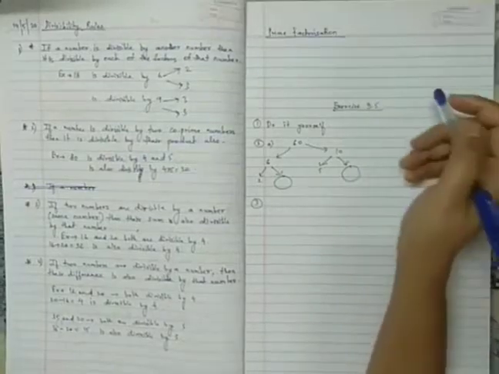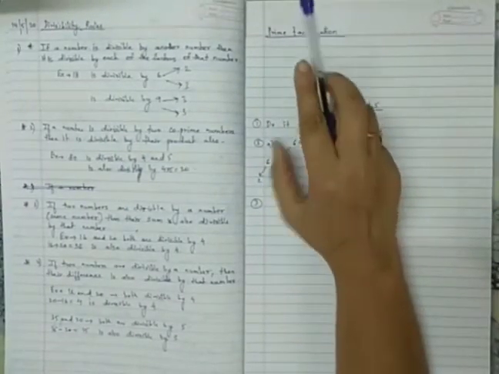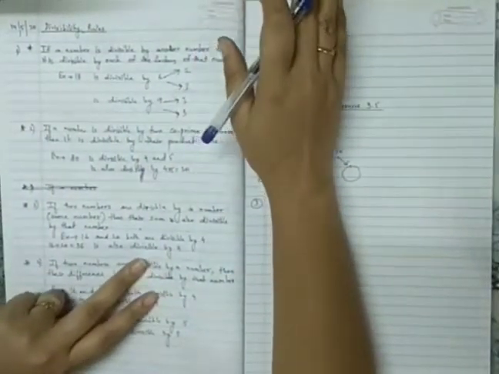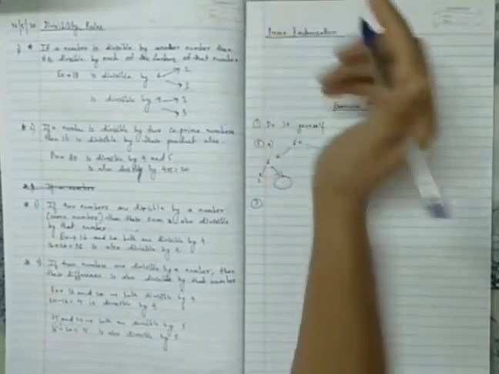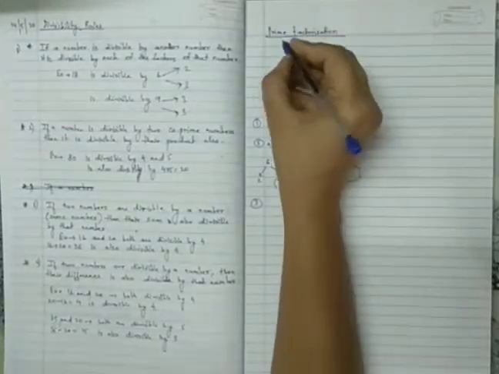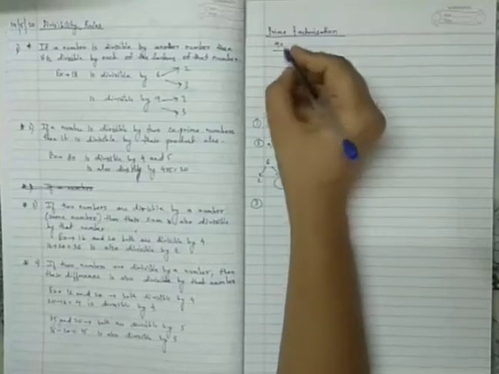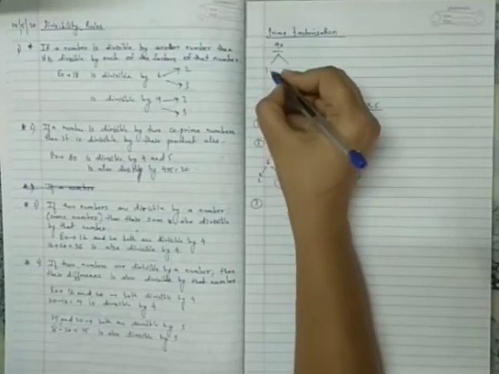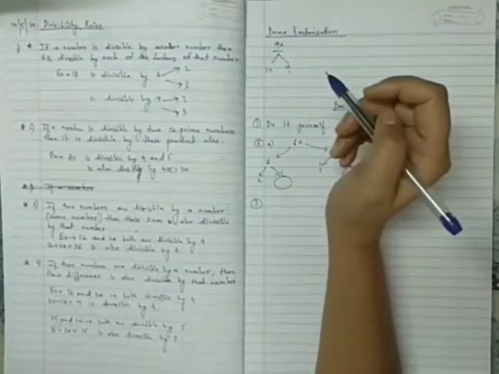Now let us see what is prime factorization. Next topic. Prime factorization is nothing but finding out the prime factors. Writing the prime factors of any given number is known as prime factorization. So now consider an example, 90. If we write the factors of 90, it can be written as 10 nines are 90.